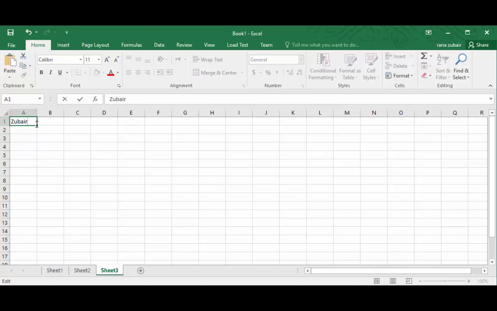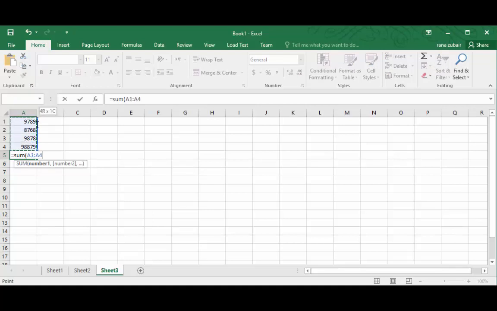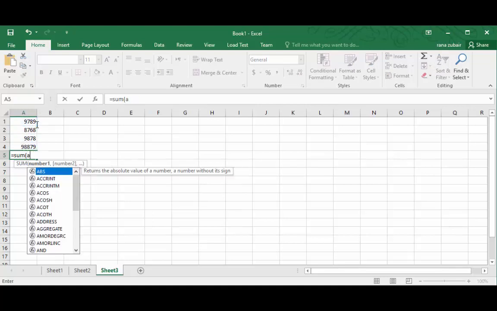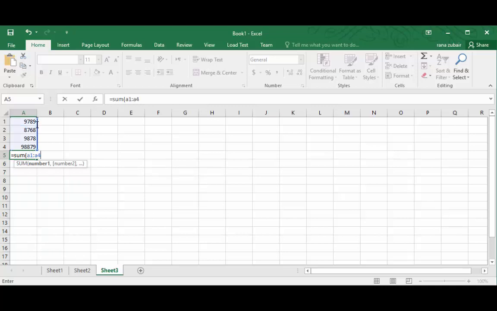Let's do some calculations today. Let's try different values. What I have written in these active boxes is shown on formula bar. Equal SUM bracket start and select A1 to A4 bracket close.